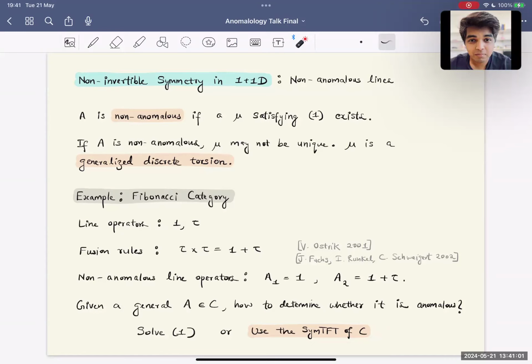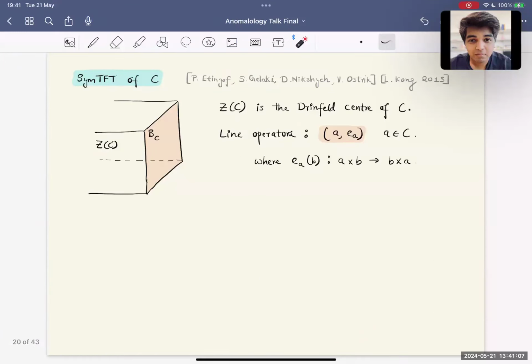So now it is slightly complicated. You have algebras coming in, but the method is exactly the same. Okay, so what is the SymTFT of a general fusion category? The SymTFT of a general fusion category C, I will denote it as Z of C. This is sometimes called the Drinfeld center of C. This is also sometimes called the Levin-Wen model because you can write down a state sum construction, and the state sum is quite useful to explicitly find the line operators in